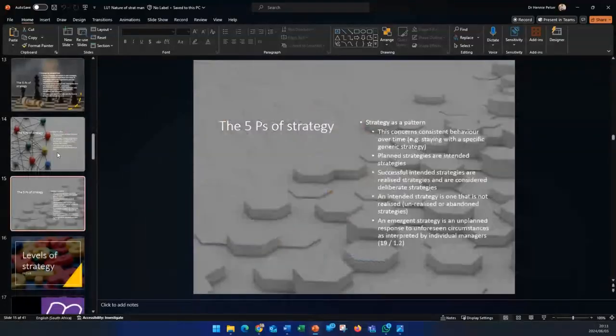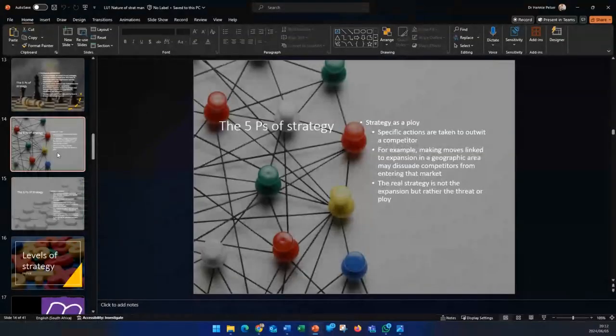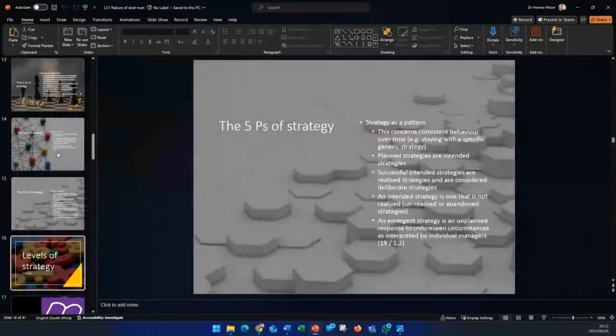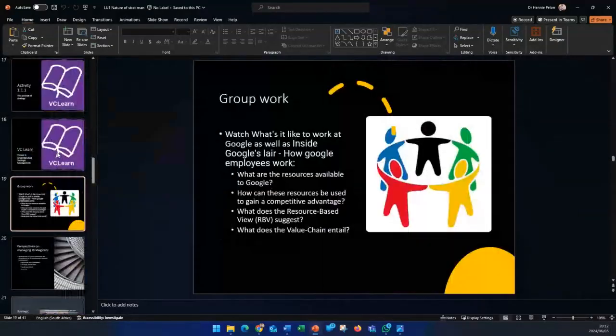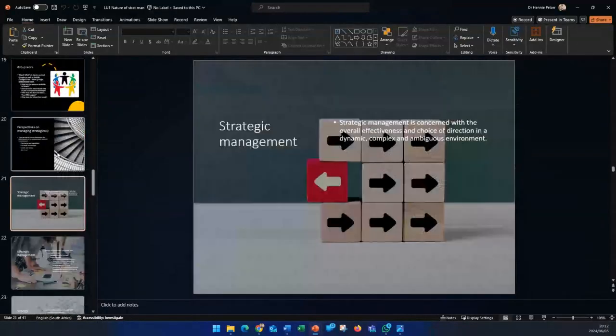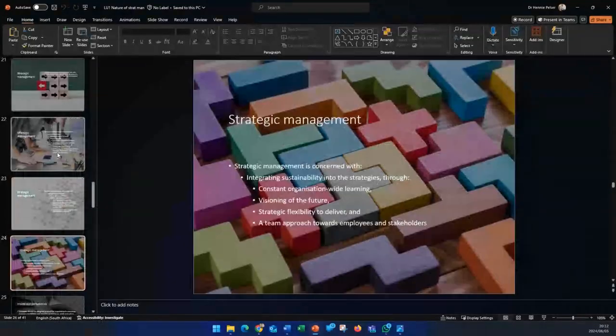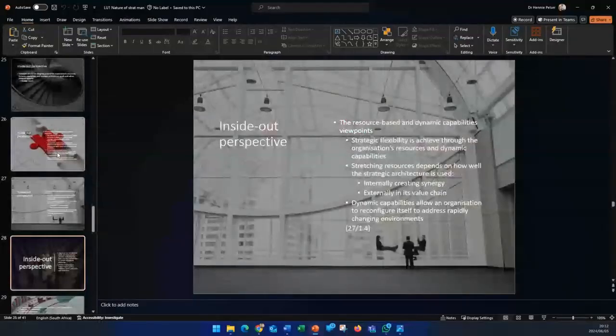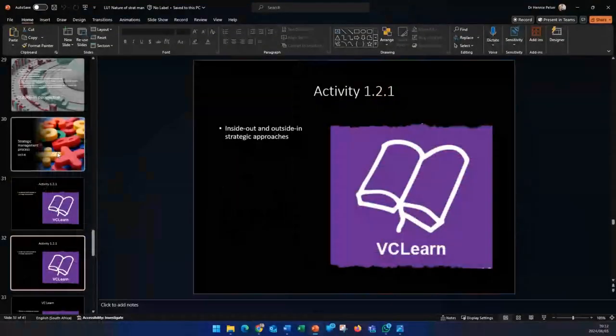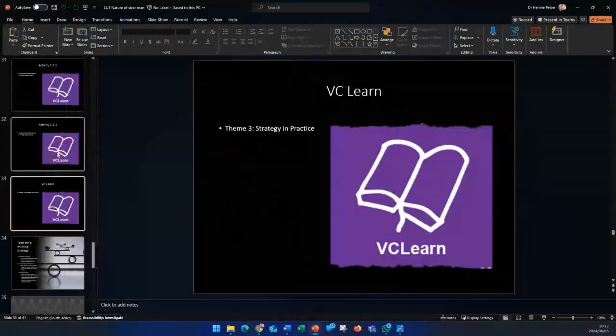And then a pattern over time. So essentially, businesses learn to do business in a particular way. When I say Mercedes-Benz, we know what their pattern is. When I say BMW, we know what their pattern is. So generally, companies will stay within a particular pattern. So the 5 Ps for me are non-negotiable. But as much as the 5 Ps, please also know inside out, outside in, non-negotiable. And then this one they love asking as well: the different perspectives, and the tests for a winning strategy.